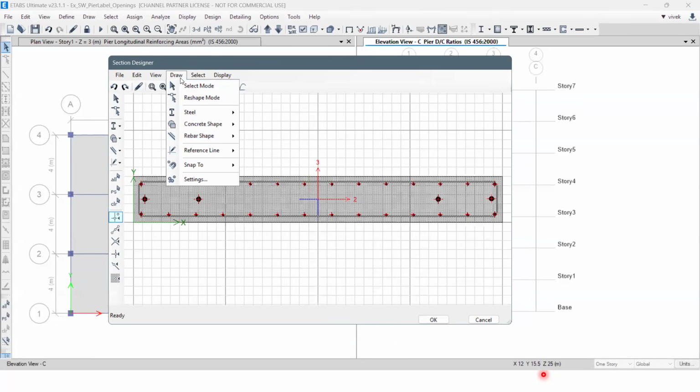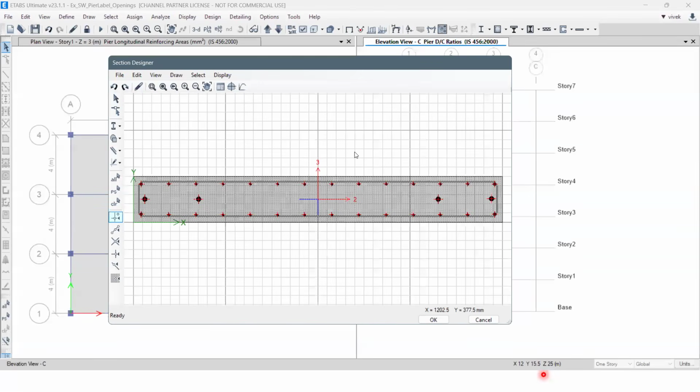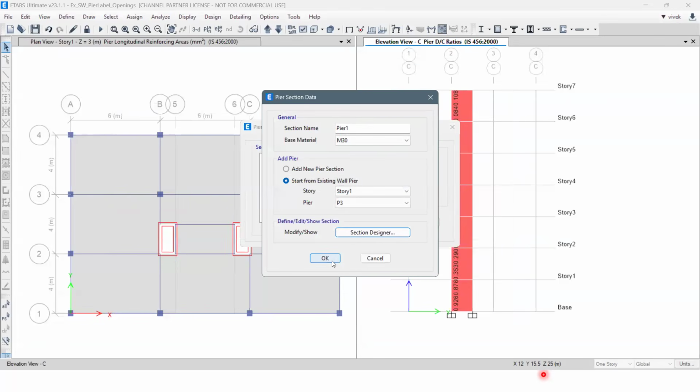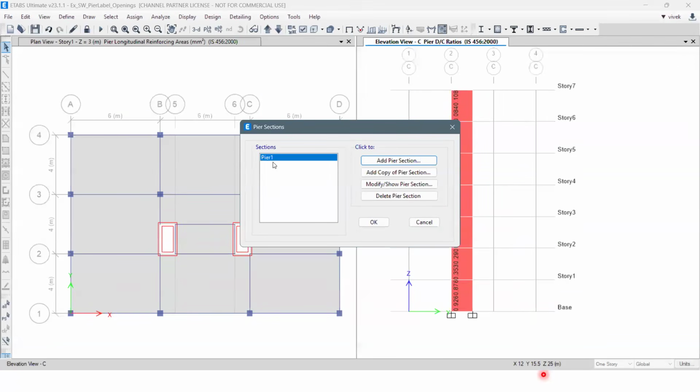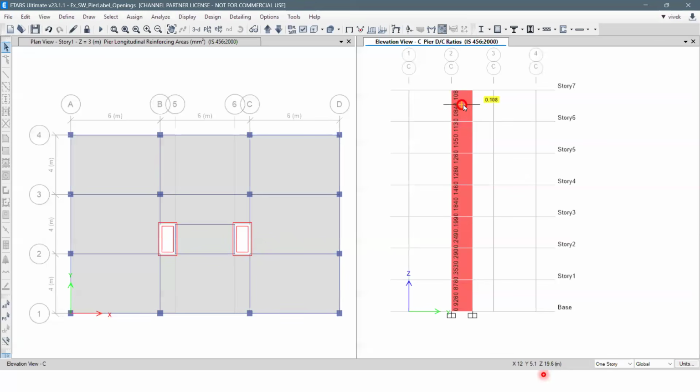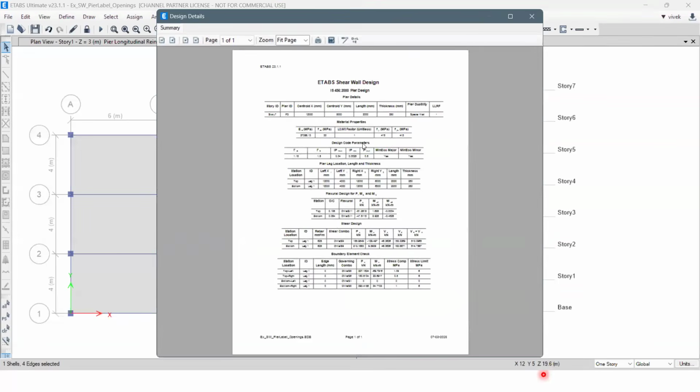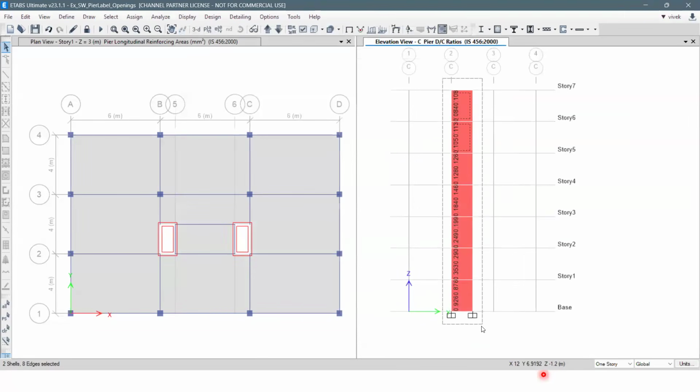So a bit of an effort is needed to do this input. Let us assume this is okay, and I'm going to accept this. And we have a section called Pier 1, the list. Now to these, so to these walls,